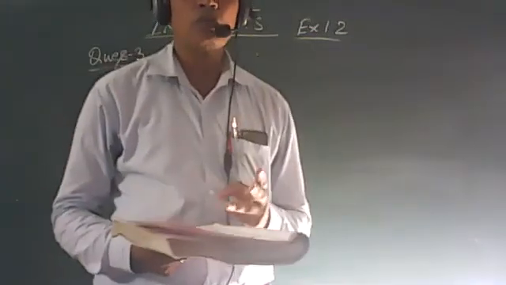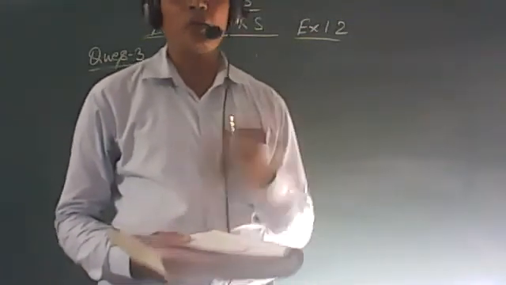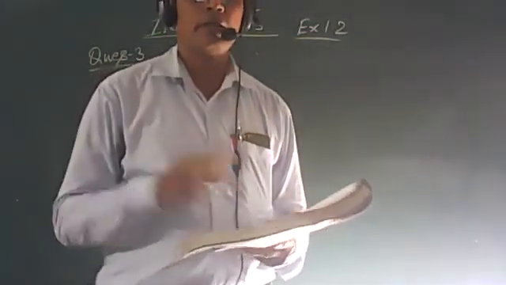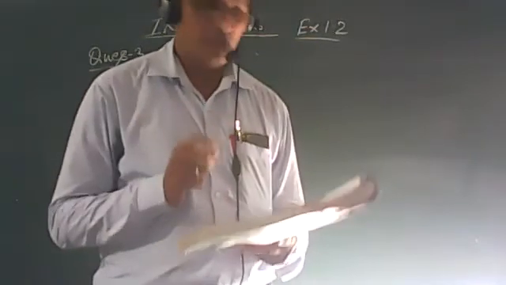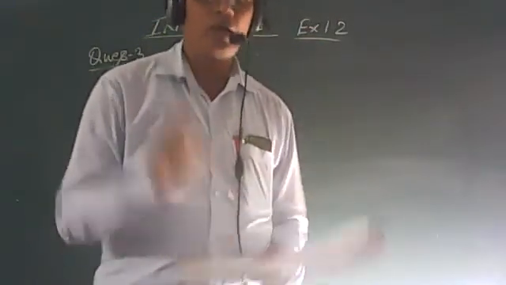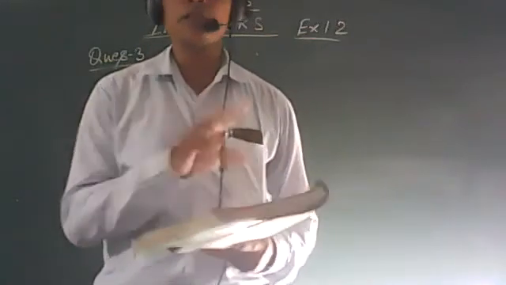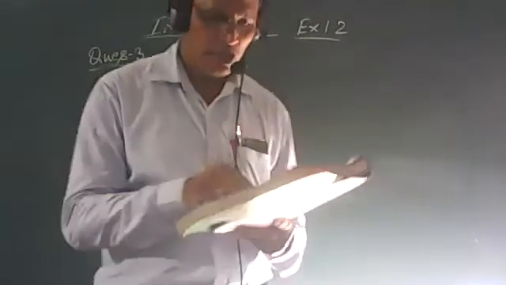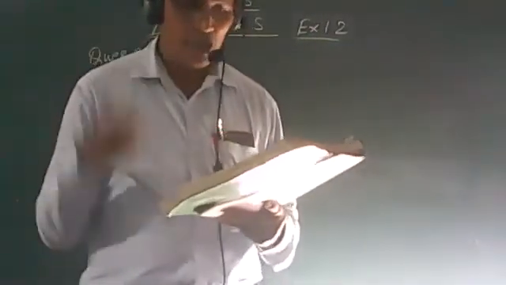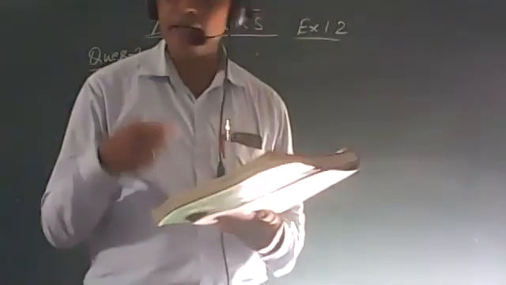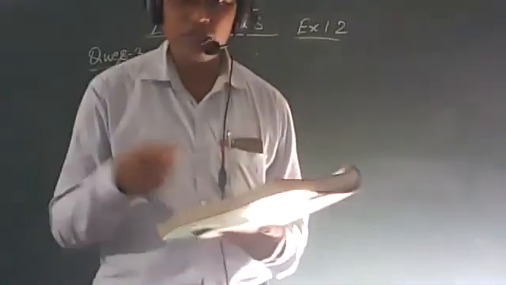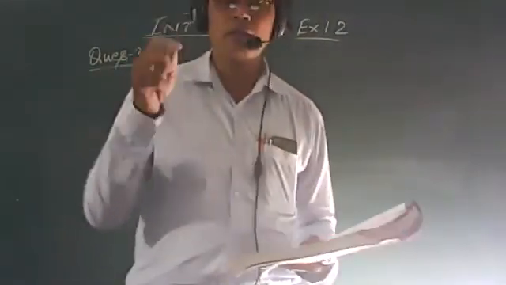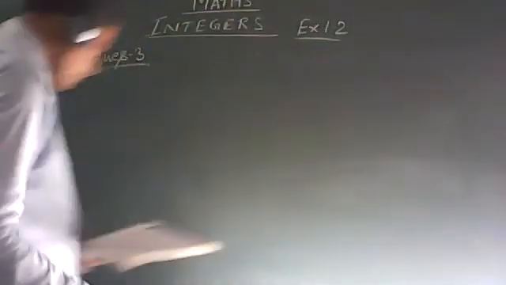Then we use the associative or commutative property. The commutative property of addition says if you change the place, there is no change in the number. So in the last part of this question, can you say that we can add integers in any order? Yes, we add the integers in any order. The number always comes the same. Now we start this question.